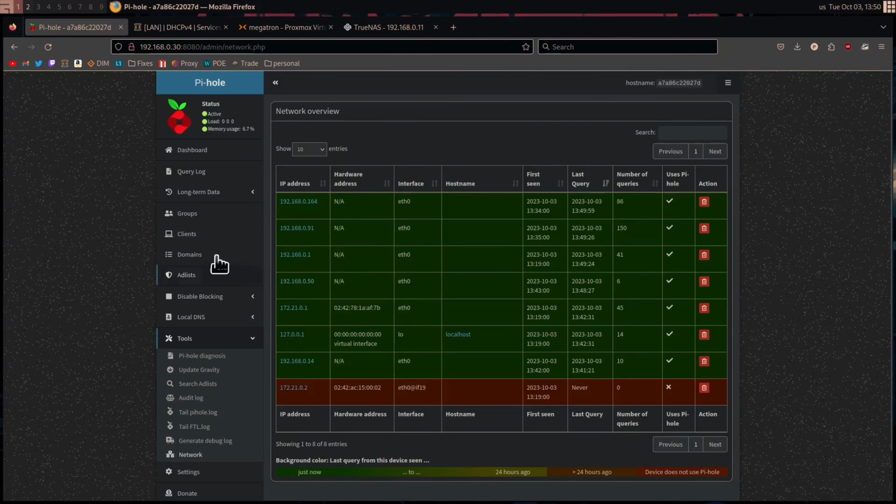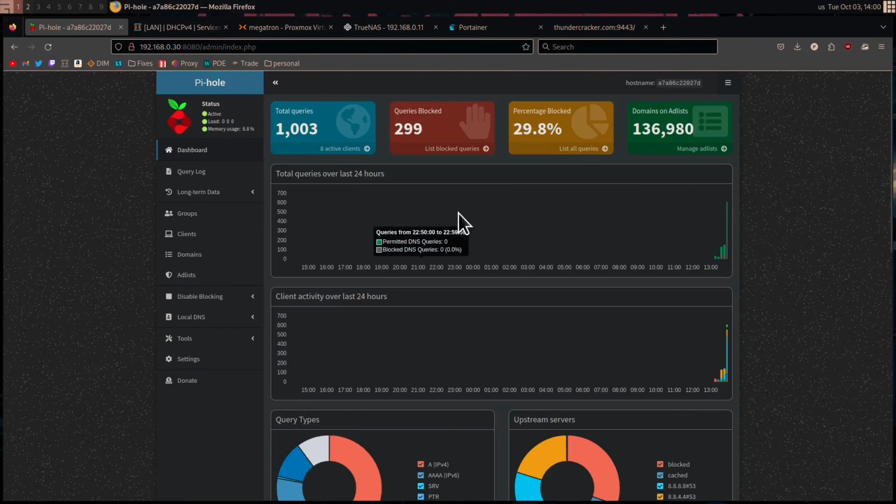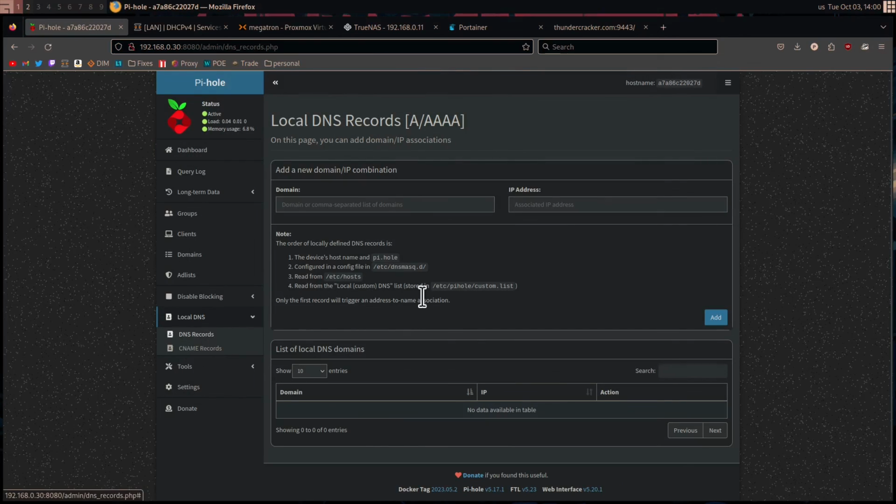what on DNS. The last thing that we're going to be looking at inside of PIHole is setting up local DNS. In order to do this, we're going to go to the left-hand side, go down to local DNS, and click DNS records. In here, we have two fields to fill out, one being the IP address, the other being the domain. The domain that we're going to be using is going to be thundercracker.com. And we're going to go over to IP address, and enter the IP address of